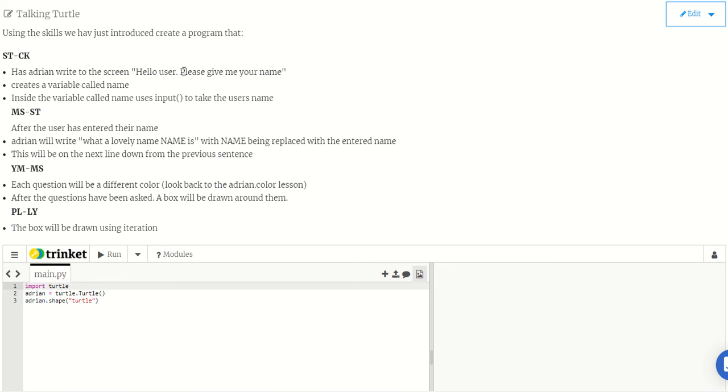screen, something like, "Hello user, please give me your name," creates a variable called name, and inside that asks the user to input their name. There is code previously in the lesson that you can readapt and reapply to make it do this. Remember, you're not being asked to invent programming, you're being asked to learn how to use skills that you've been